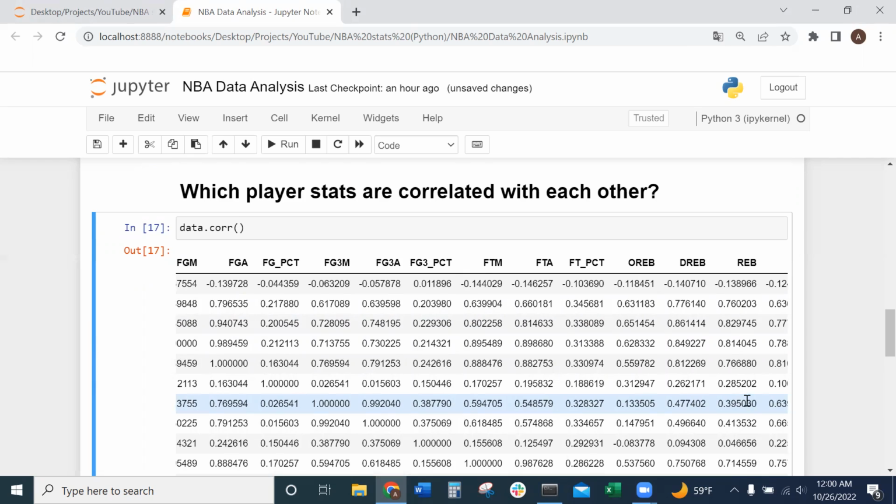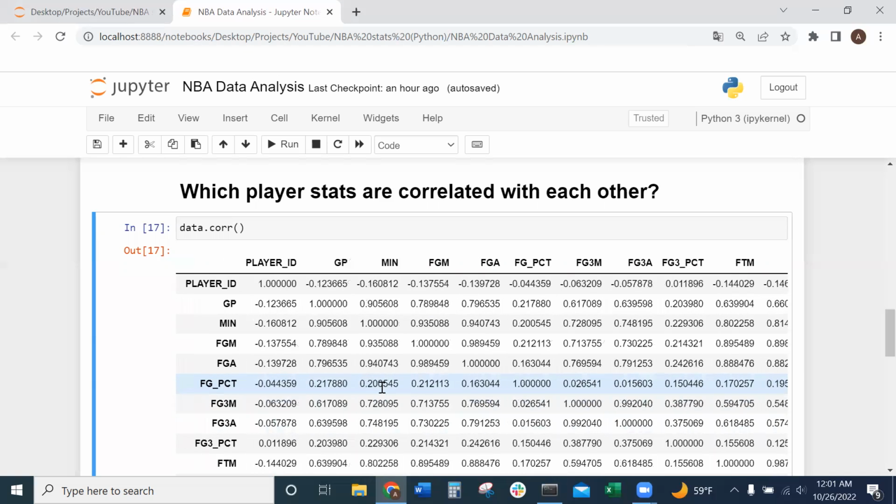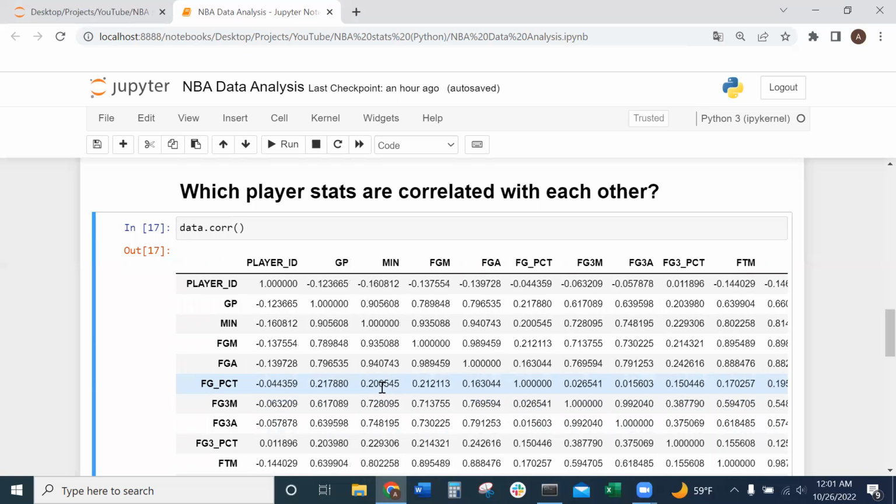So it's not really a fair representation of these player tendencies in terms of what they frequently do well and what they frequently do not quite as well. So we're going to want to take a look at this on more of a per minute played basis. It'll be a better representation of correlations. So first,